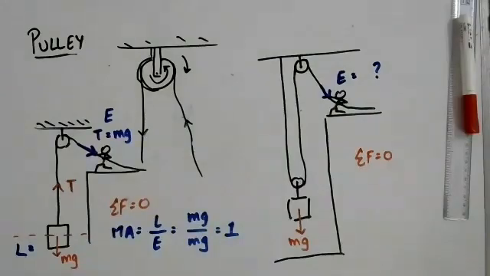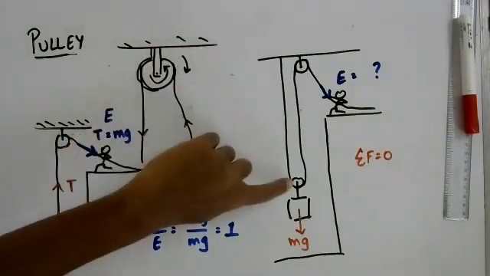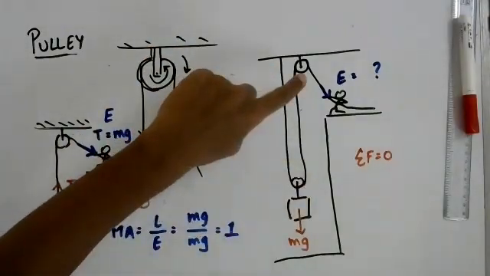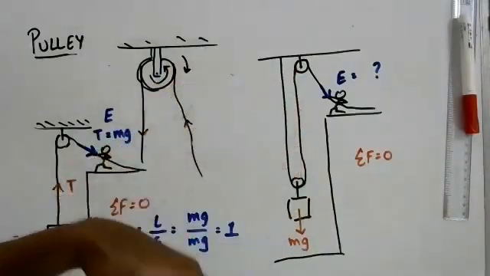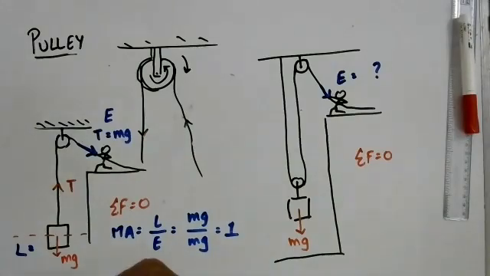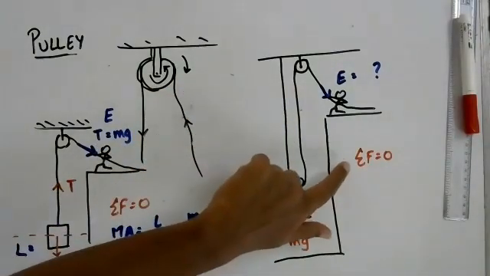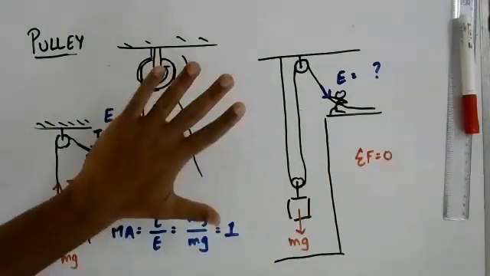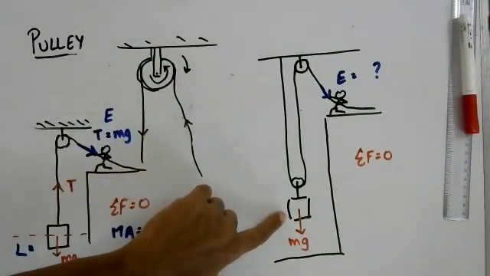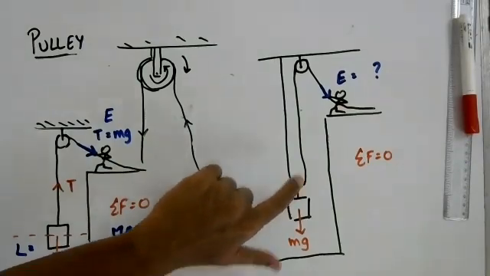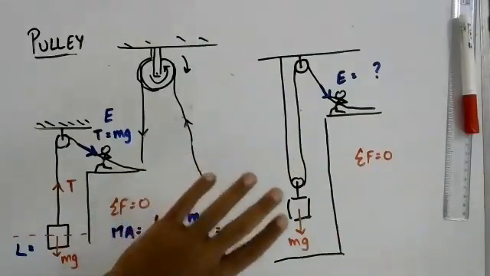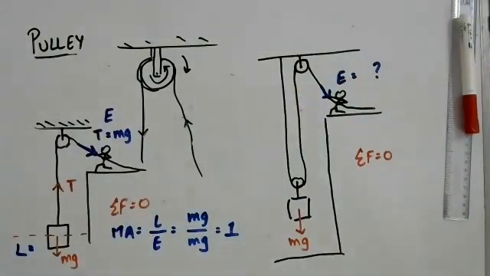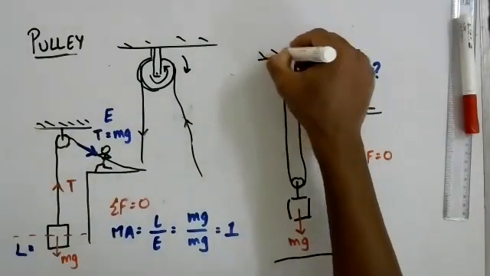So let's have a quick discussion on this. I'll explain the situation again. There is a pulley over here, the rope comes down, it goes through that, which means that if you pull the rope, of course, the pulley itself will move up and down. So that is why it's called a movable pulley, single movable pulley. The situation is of a static equilibrium, nothing is moving, but this object, which has a weight of mg, is suspended in midair. The person obviously has to apply an effort. Now the question is, how do you find out what that effort is? So any contributions are welcome.